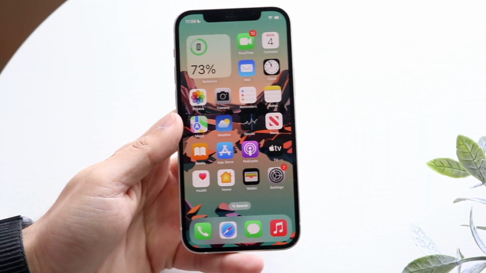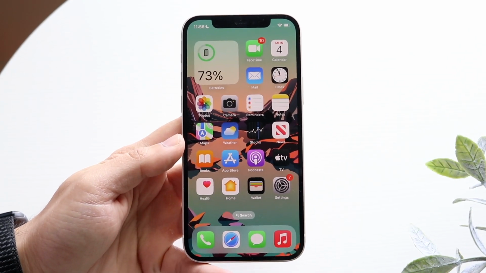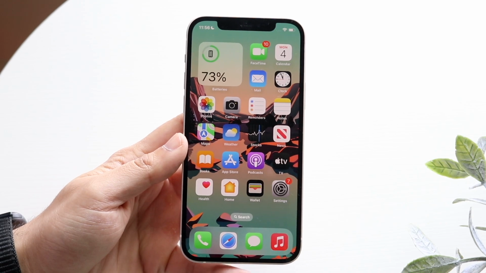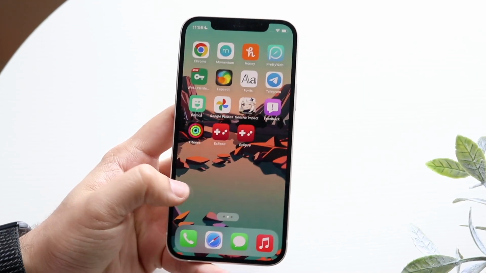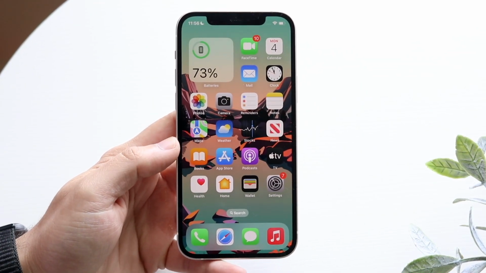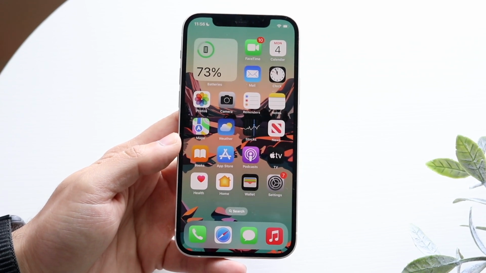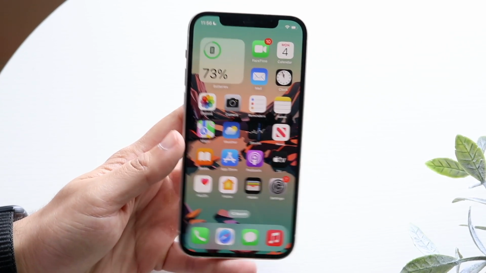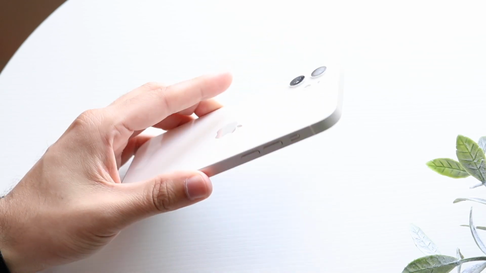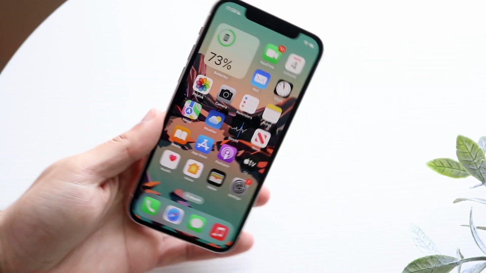So iMessage is one of the best applications you can use nowadays, and it's only gotten better. So let's talk about some of the best tricks and tips, whatever you want to call it, that you can utilize with iMessage in 2022. Now, this specific year, a ton of things have changed. So I'm going to hit on some of my favorite ones in the latest beta of iOS